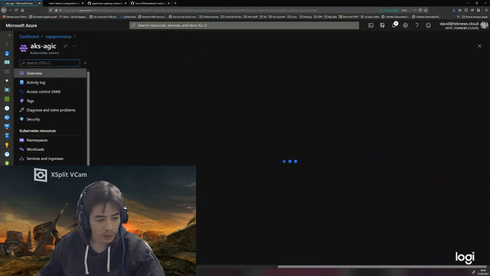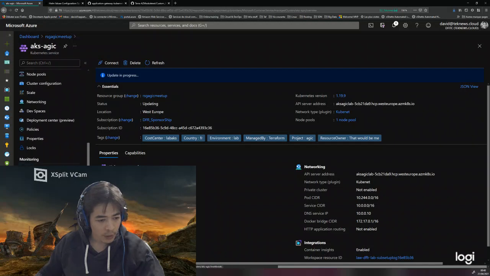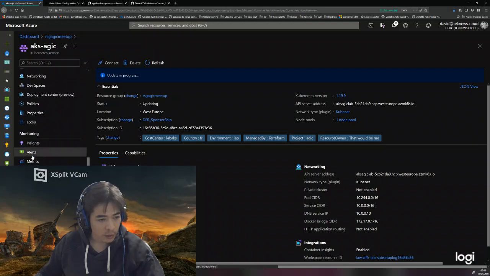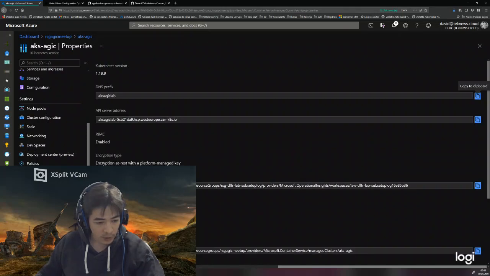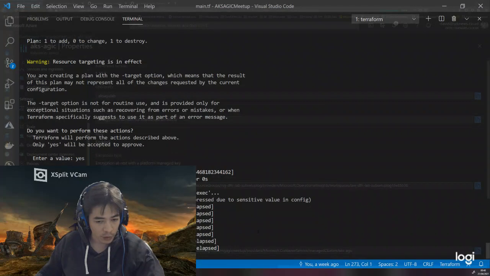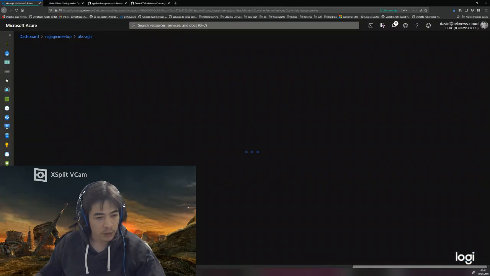Let's navigate in our cluster and check in the property the backend resource group. Let's check the state of the deployment. Let's go over there.